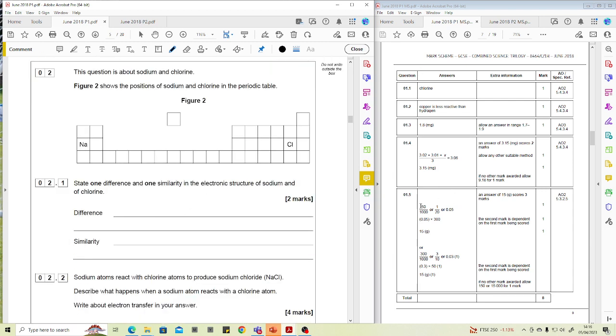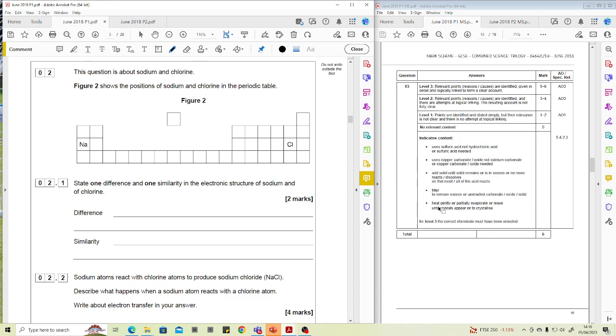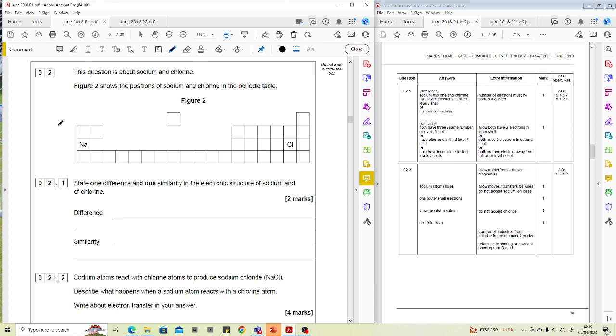Question 2. Sodium and chlorine are given in the periodic table, but it's not giving you too much other information, just some kind of hint that this is a metal, and if you could say that it's in group 1, then it's going to lose electrons when it reacts. But more importantly, first of all, 1 electron in the outer shell,